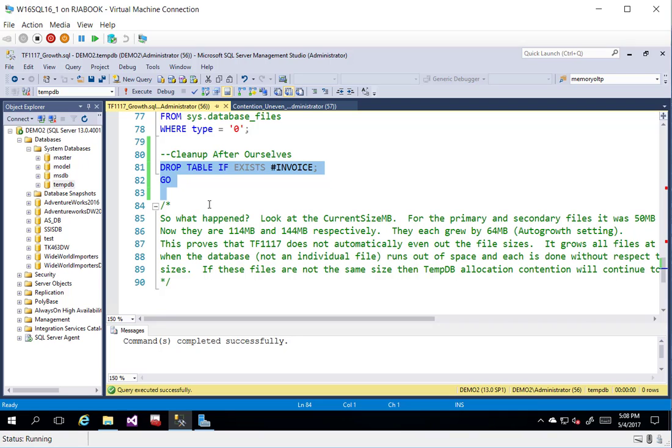There are some special files, the GAM, SGAM, and PFS pages, that track the allocation of pages within our database. PFS tracks free page space, the GAM tracks extents that are uniform, and SGAM is mixed extents. And that's how SQL Server internally tracks these. But the thing is there's only so many of those pages in a database. And we won't get into the specifics on that, but